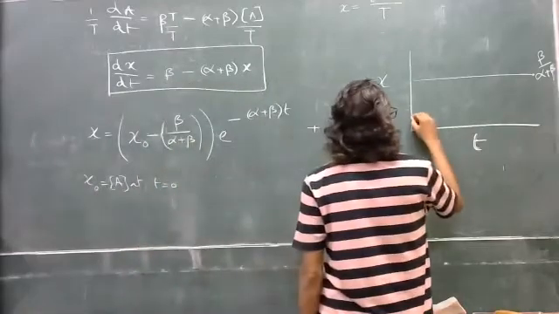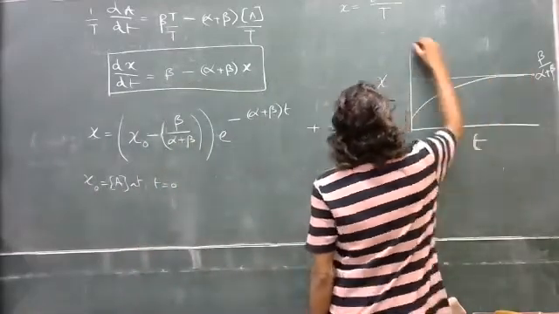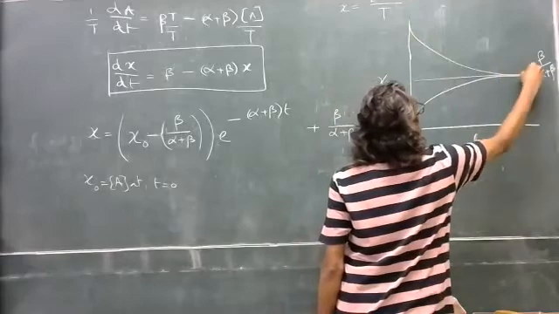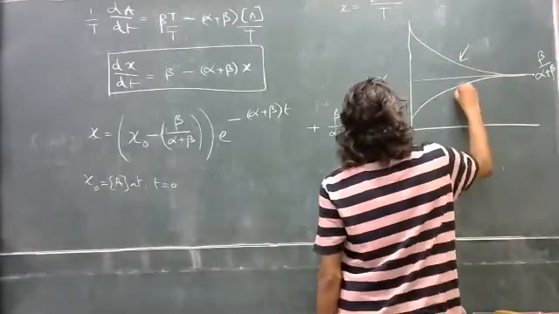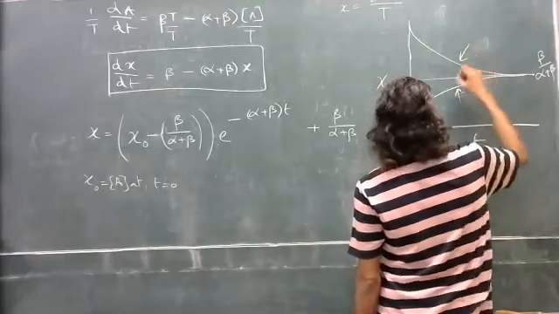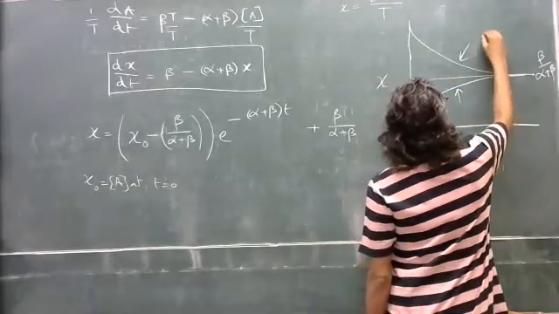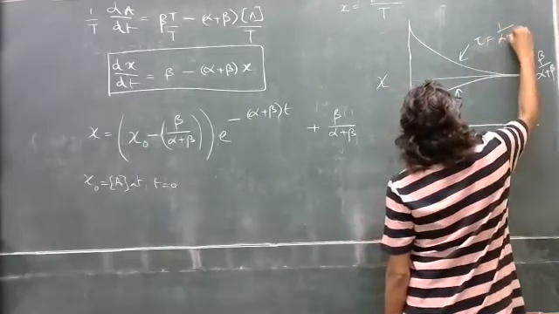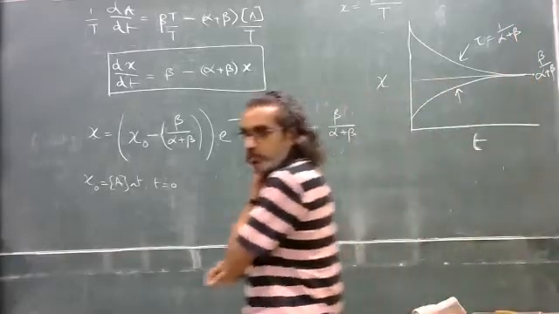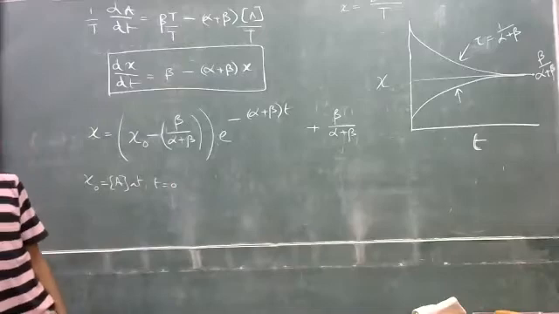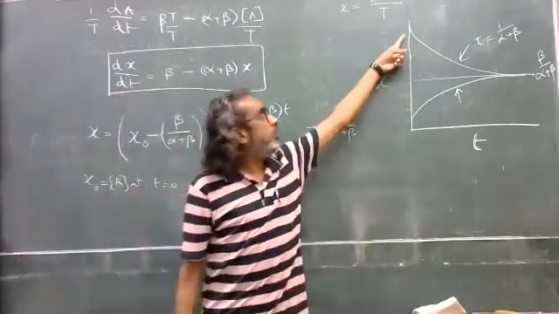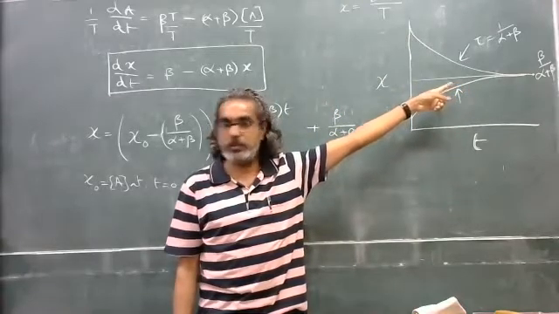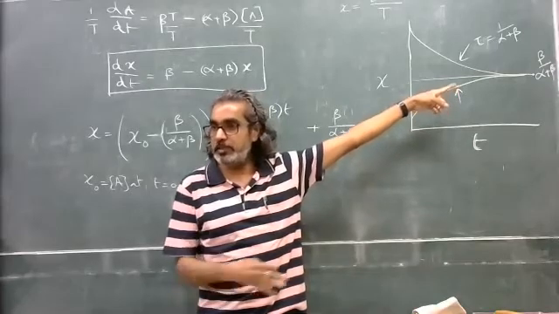But X can in principle start lower than this, or higher than this. If it starts at a lower value, it reaches this value. Even if X starts greater than this concentration, it reaches it. Both these X versus t curves have a time constant of 1/(alpha plus beta). That's very, very important. It doesn't matter if you start with A, it will reach an equilibrium where A will have this concentration and B will be the total minus that.